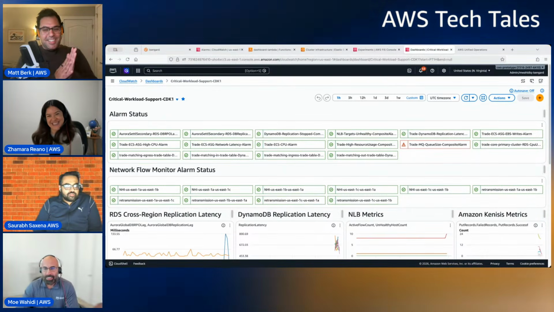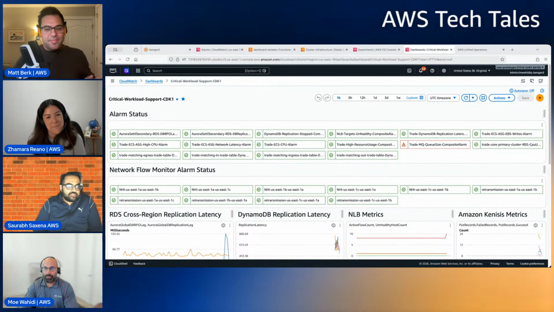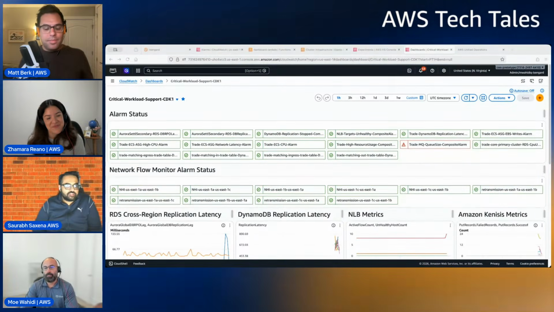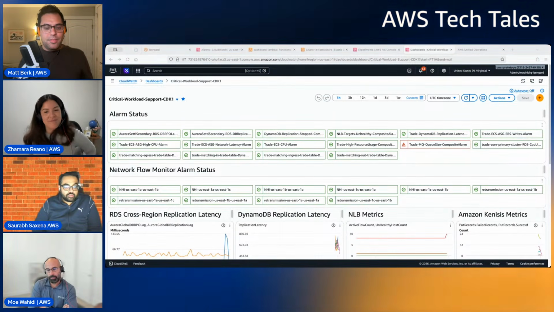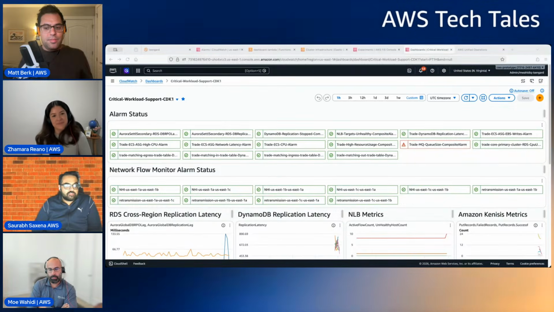But I think this is a demo where we want to show you that in this case, Mo was playing the role of an incident engineer, but the TAM or your account team would work with you and make sure that some of these scenarios are captured ahead of time. And when we do find something that impacts you and that actually does end up in a page, we make sure that same thing never happens again. That's our promise with unified operations as well.